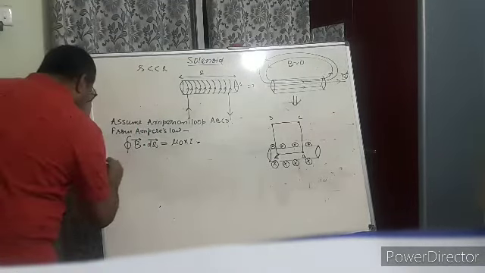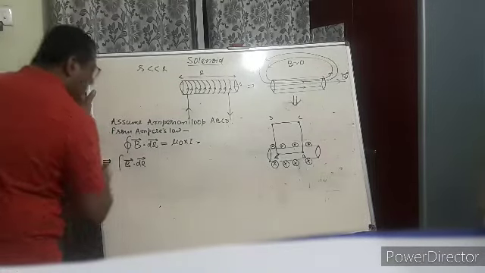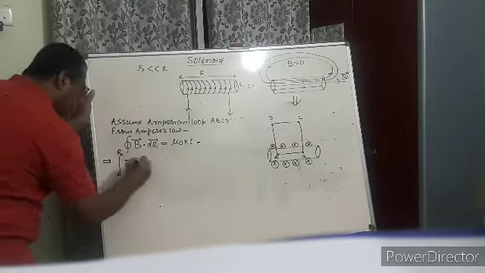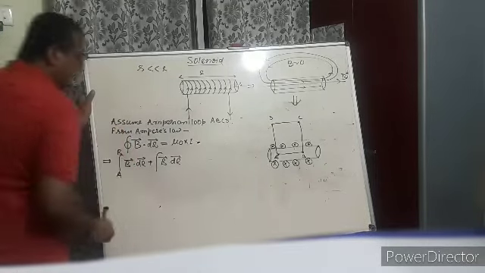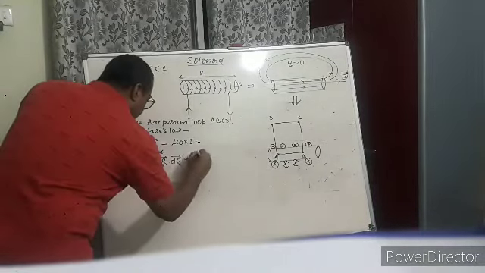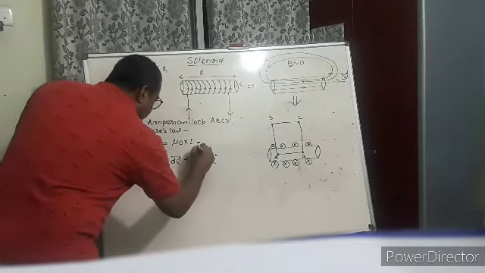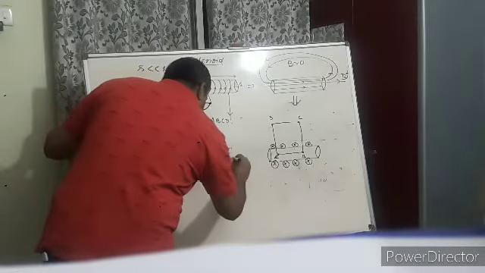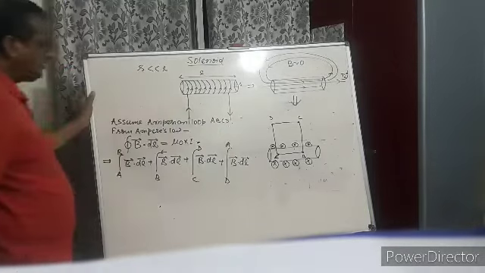We take here the integration of B dot dl from A to B, plus the integration of B dot dl from B to C, plus the integration of B dot dl from C to D, plus the integration of B dot dl from D to A. Now it is closed